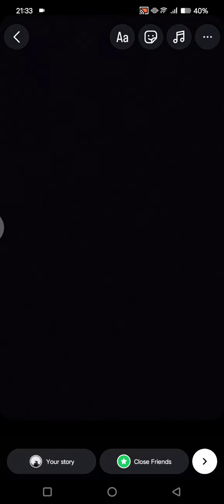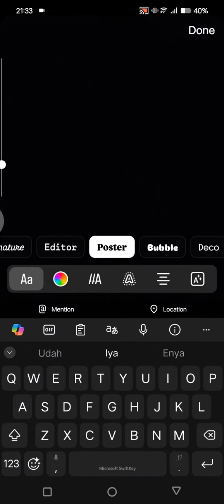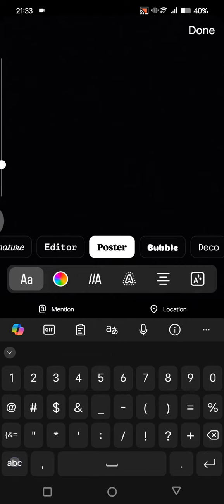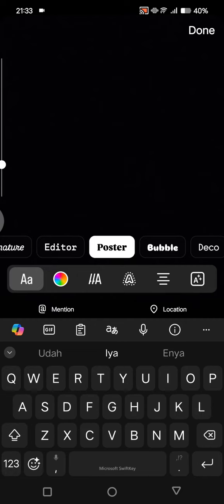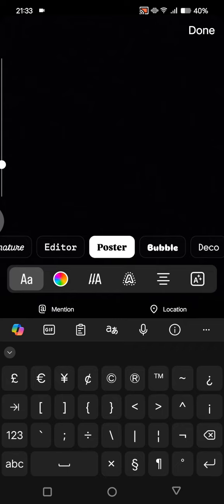Okay, so I'm going to just take a picture first. In here I'm going to write this. So if you want to have this secret emoji, you can just follow these steps. So the first emoji that I'm going to show you is the heart emoji. So you can just write or click on your keyboard using